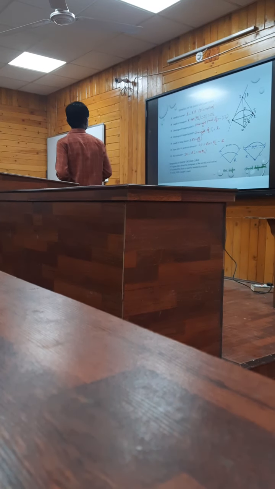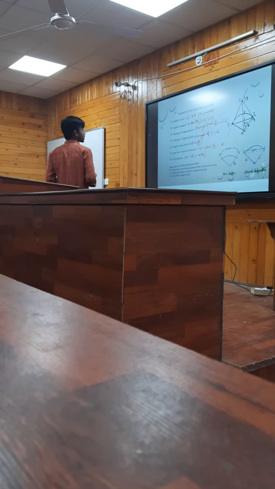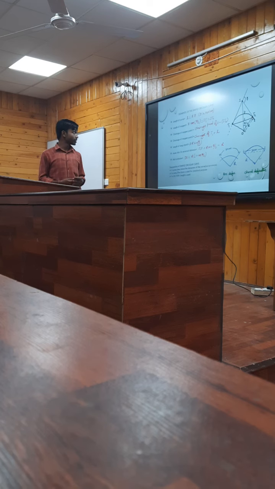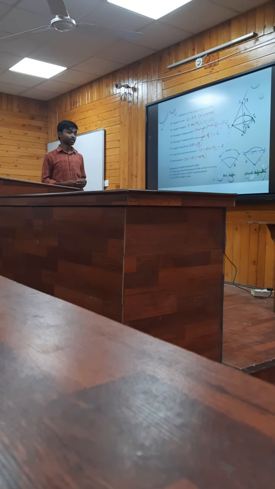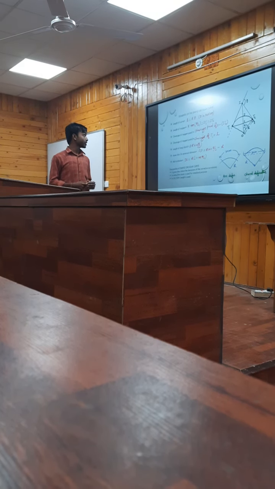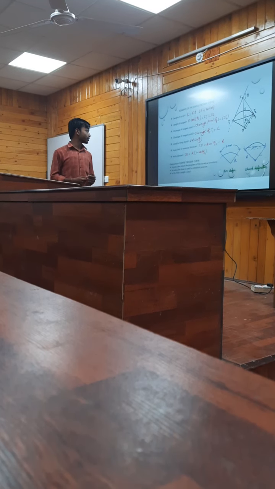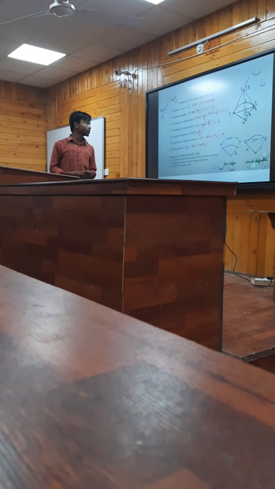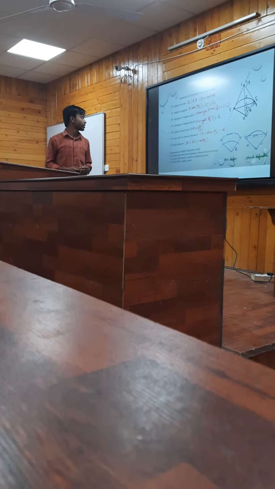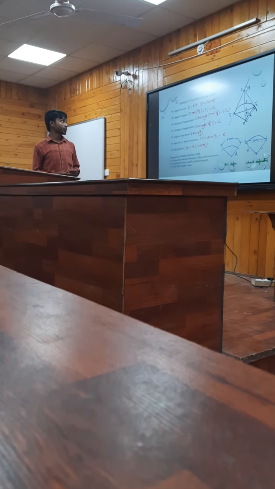Now I am explaining about the elements of the simple circular curve. This topic we have already studied in class 12 in the conic section chapter. Here are the elements of the simple circular curve. Length of the curve is simply given by L = r theta, and length of the tangent is given as r tan theta.